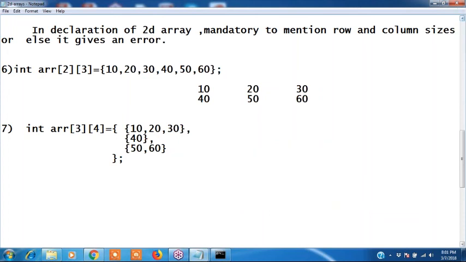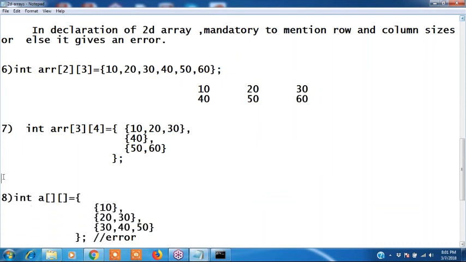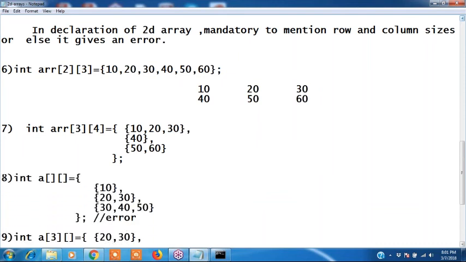Finish the seventh one. Next one, eighth one.